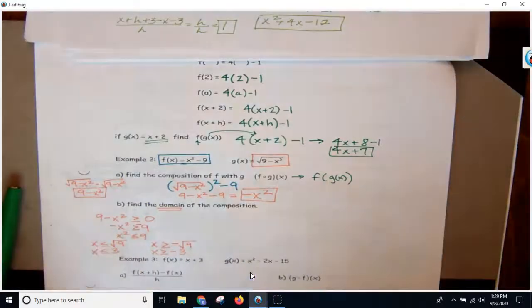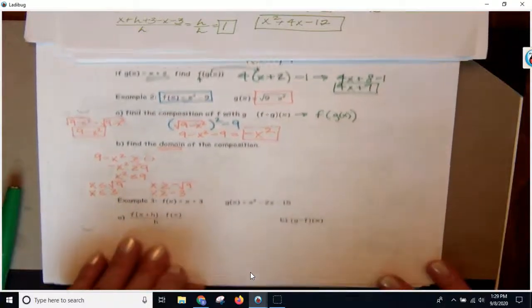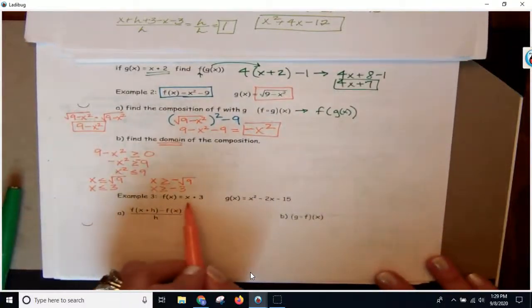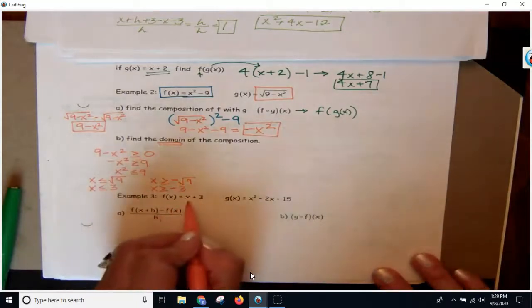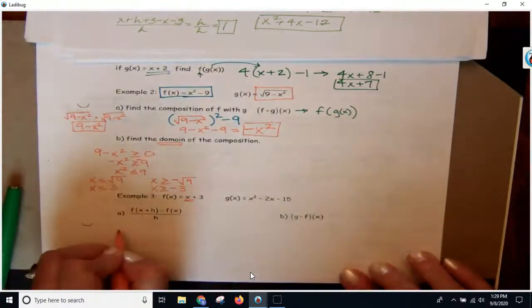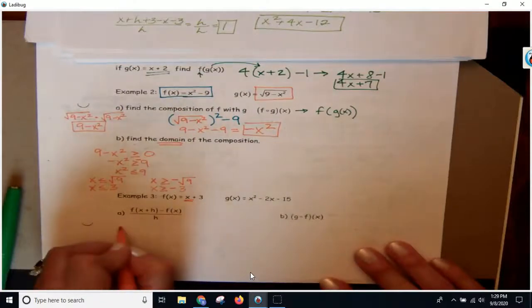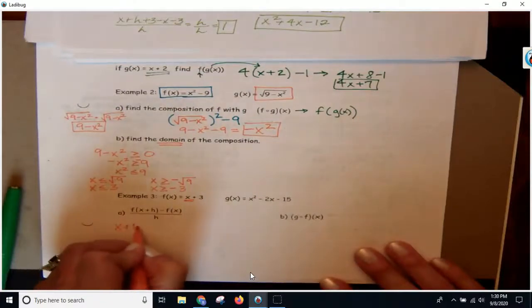Okay? So, moving on, we've got example number 3. We've got f of x equals x plus 3. Now we're kind of looking into this. If I've got f of x plus h, I'm basically going to take that x and put x plus h in there. So x plus h